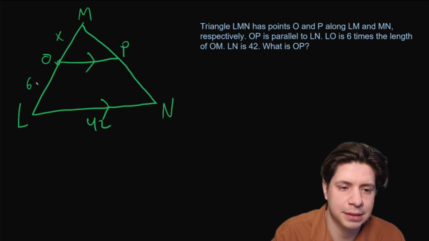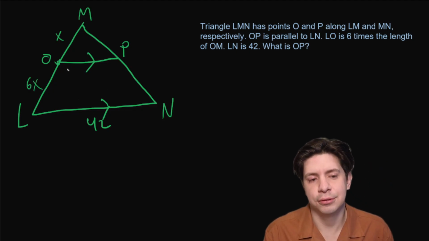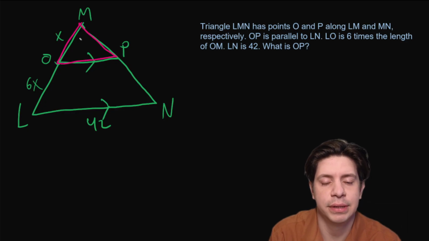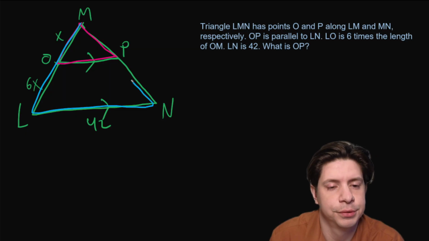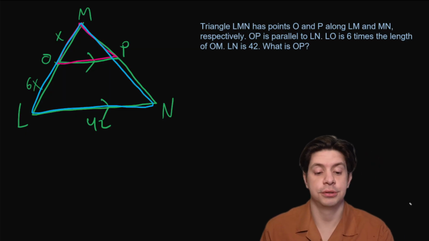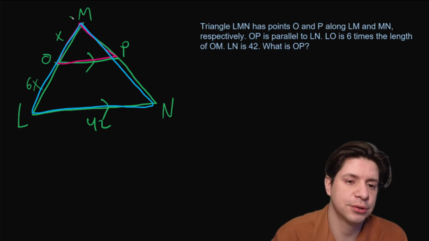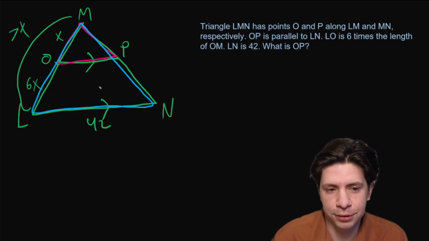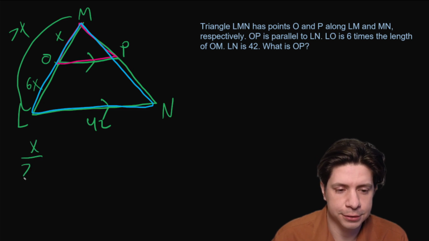This would be 6x. And because these lines are parallel, that makes this little triangle here, represented by the pink, similar to the big triangle represented by the blue. Okay? So what you're going to do is set up a proportion, right? Because similar triangles are proportional. So the total here is 7x, and the total on the bottom is 42, and this is the part. So it's going to be x over 7x equals OP